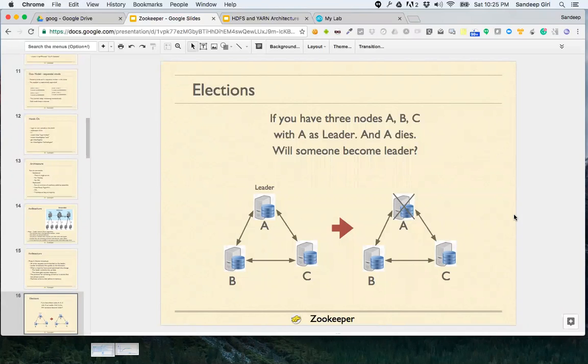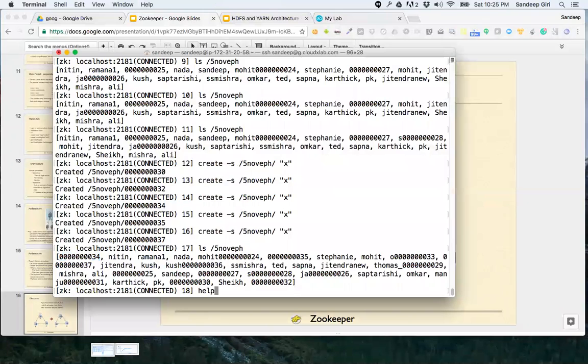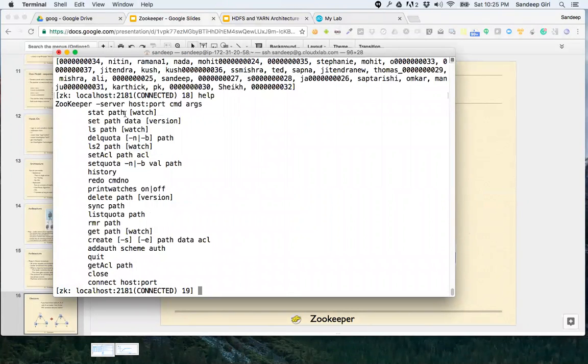Okay. Jamil's question is, is there a command to see which is the Zookeeper leader? All right, let me see who is the Zookeeper leader right now. I think in the client library there is a way to find out. It's an interesting question.